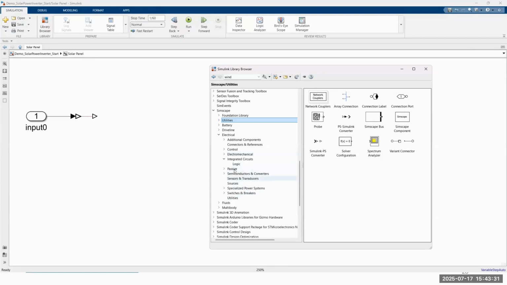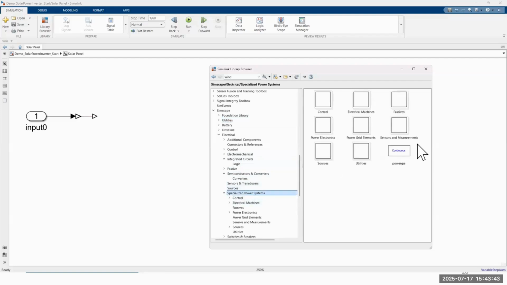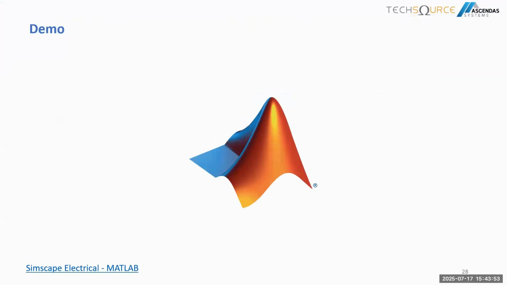It also has some functions for integrated circuits, or passive components, definitely. And then semiconductor devices, and the specialized systems that I was talking about, where it has the control systems also, power grid applications, power electronics, and sensors. So these are just some of the applications that can be used for Simscape applications.